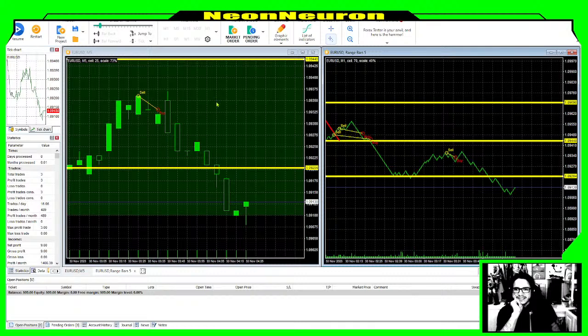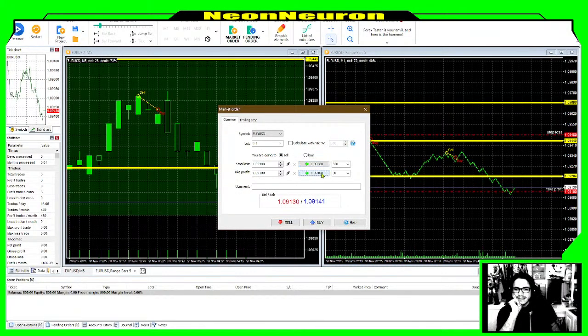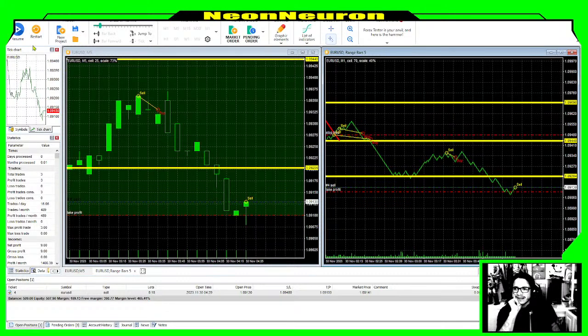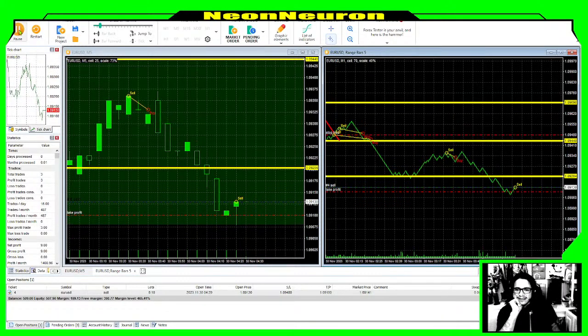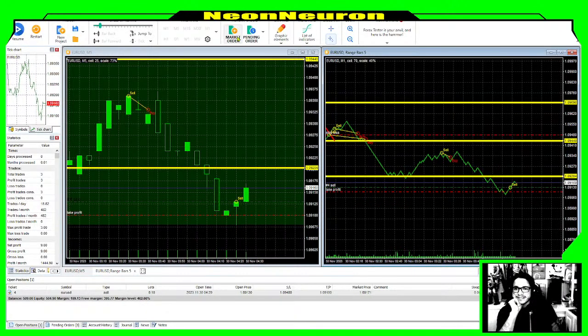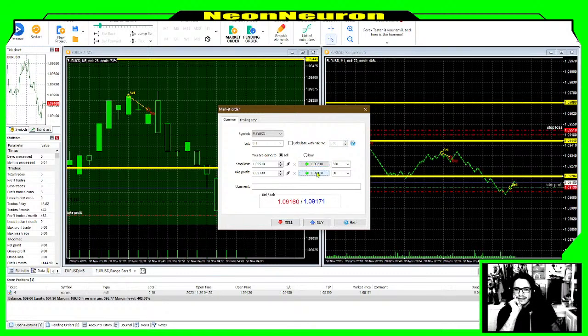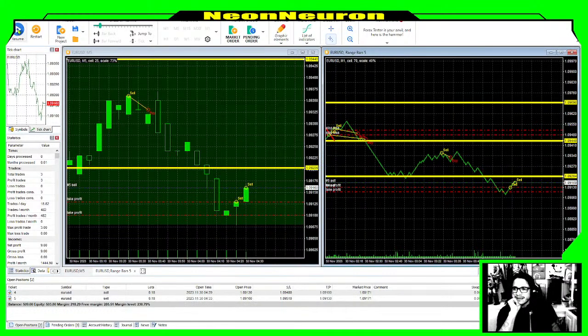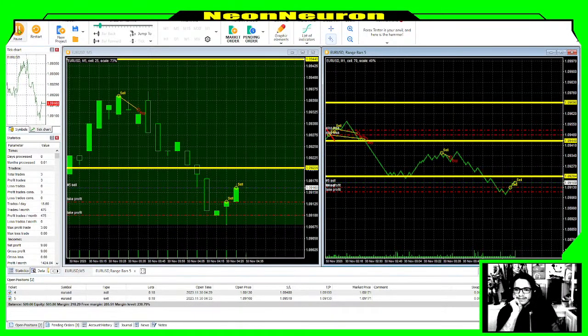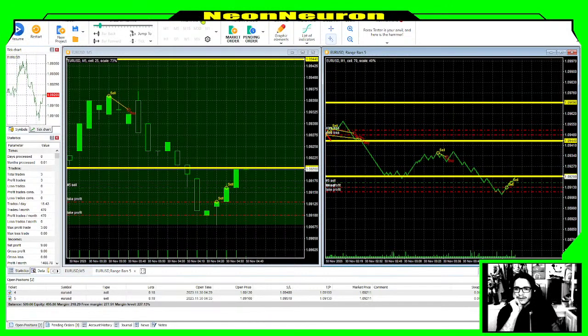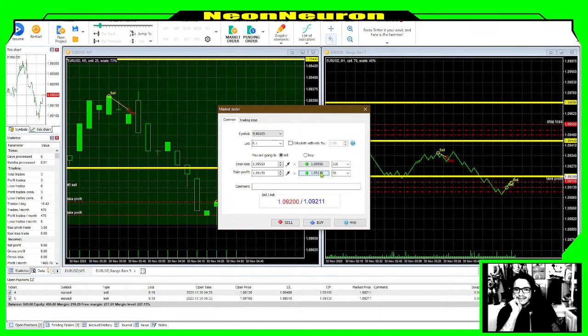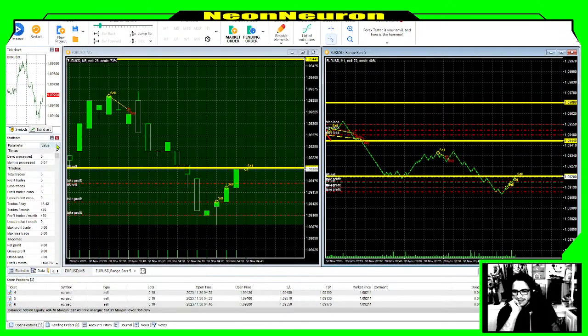So we could probably buy this candle. I mean, sell this candle. So let's go ahead and sell that right there. And if it goes higher, we'll sell it again. Oh, definitely want to sell that one. Okay. And we'll definitely sell this. And we are